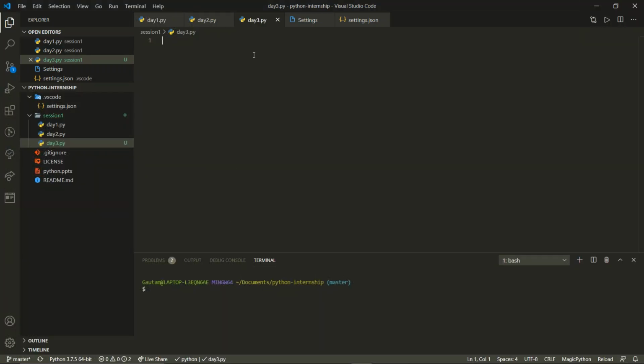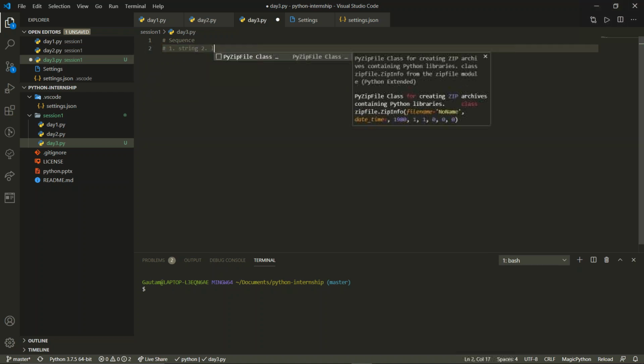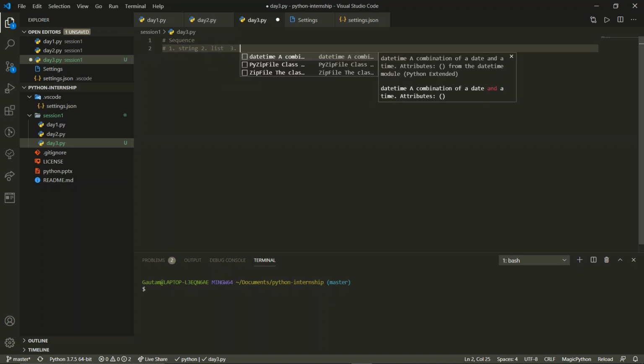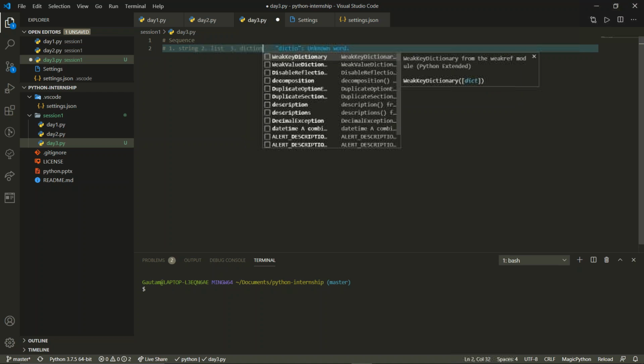Now, what is this triple quote all about? When we write paragraphs. Let me write the heading, sequence, and then all the sequence names. Number 1, string. Number 2 is list. Number 3 is dictionary.